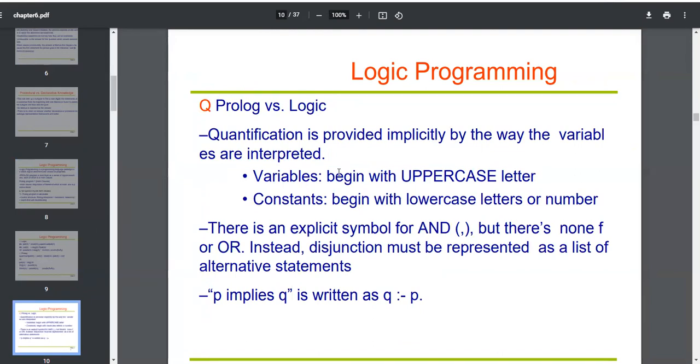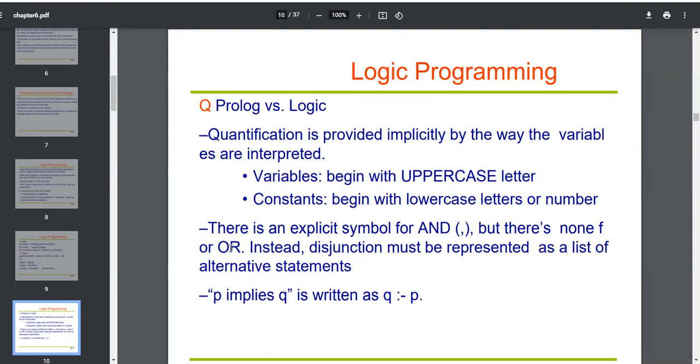Okay, now Prolog versus logic means we write the fact in terms of Prolog statements, or we write them in the form of predicates. How do we represent that? Quantification is provided implicitly by the way variables are interpreted. In Prolog, the variables are written in capital letters, constants are written in small letters. There is an implicit AND, which is represented in the form of a comma,